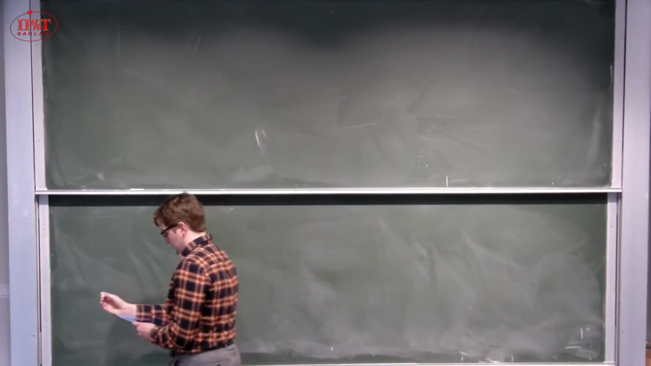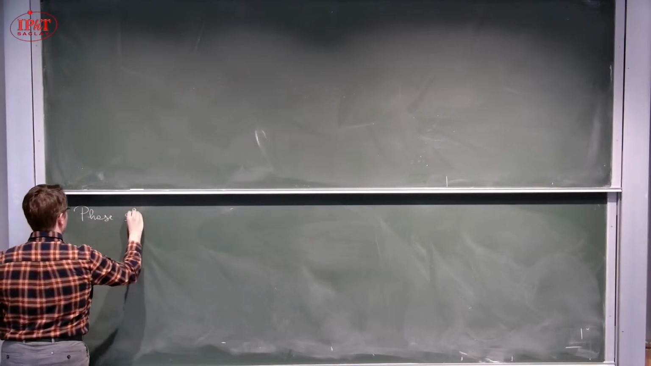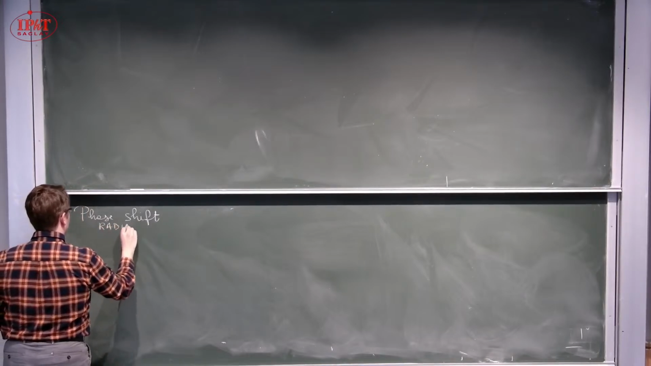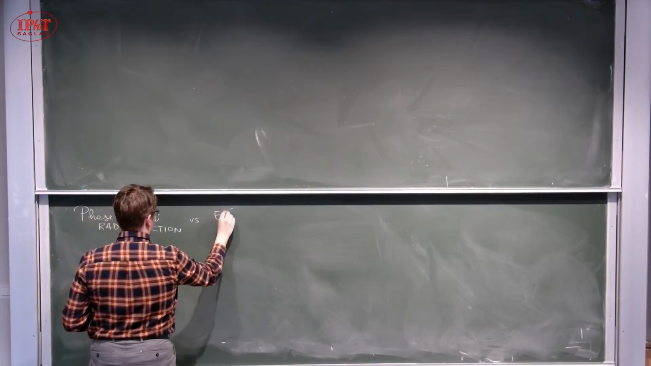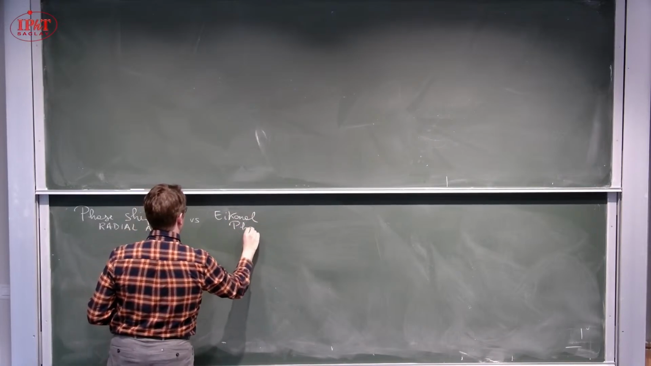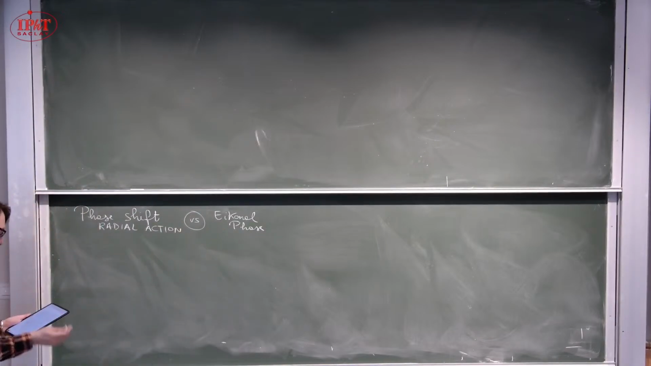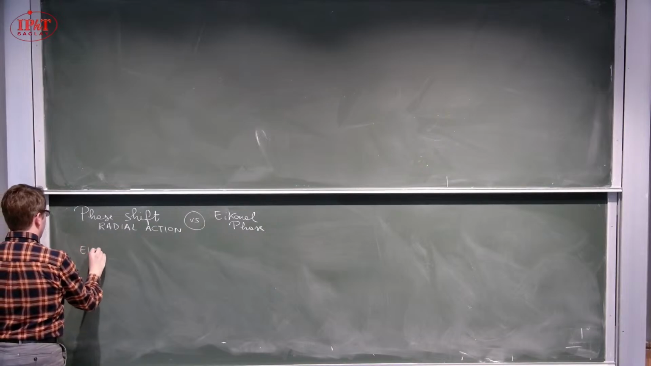So as a quick excursus, let's say, to briefly mention the difference between the phase shift or the radial action and the eikonal phase that we talked about in the first few lectures. Just because it's a topic that sometimes is relevant when you're reading the literature and can be a bit confusing at times. So the key idea is the following: you remember in the eikonal setup,